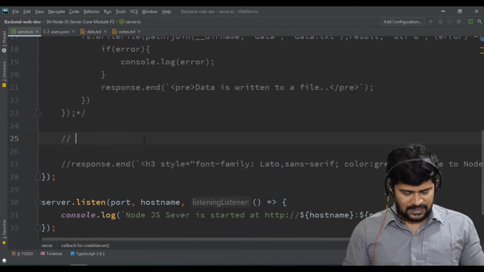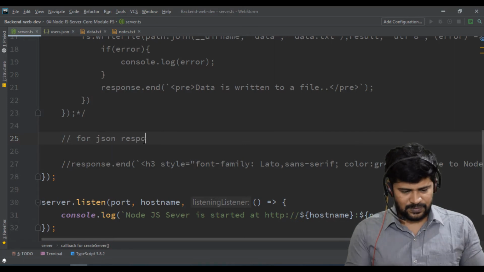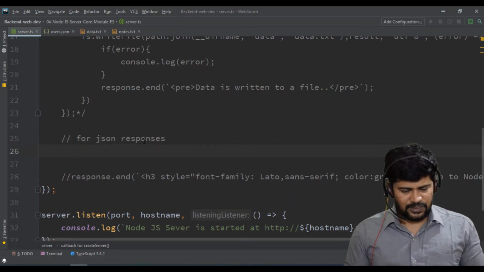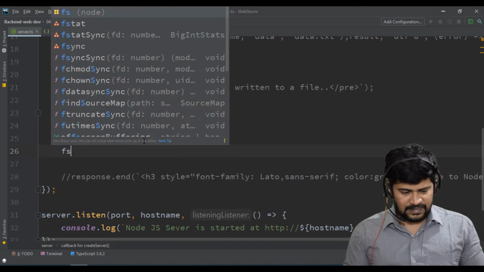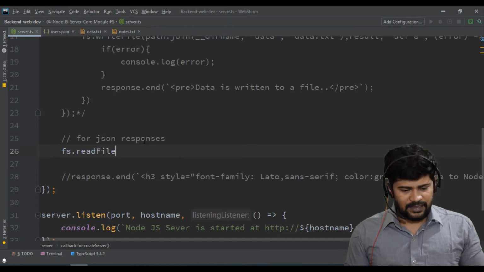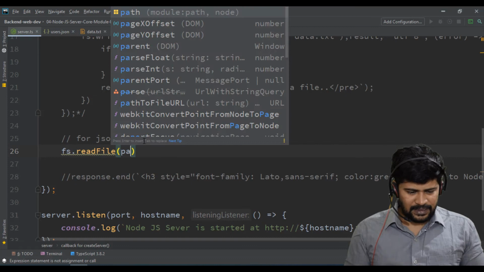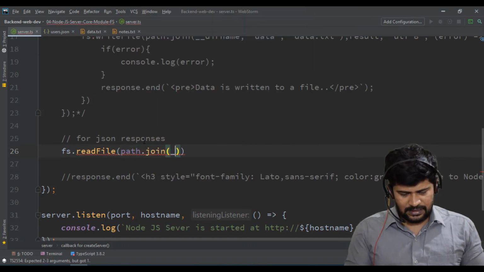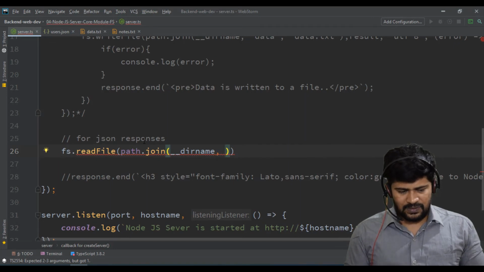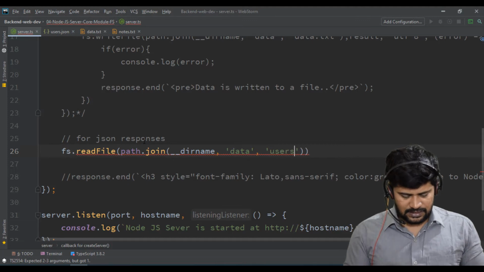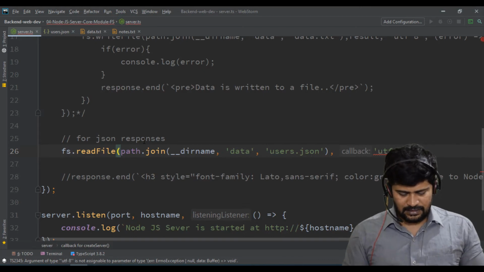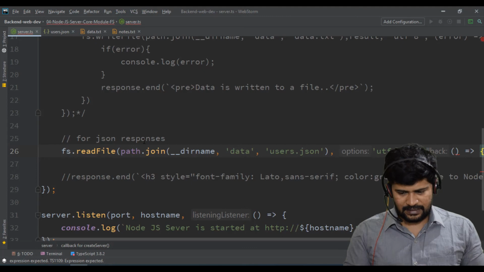For JSON responses, I write fs.readFile of path.join(__dirname, the data folder, users.json), and then you have to specify the options first, utf-8, and then one callback.